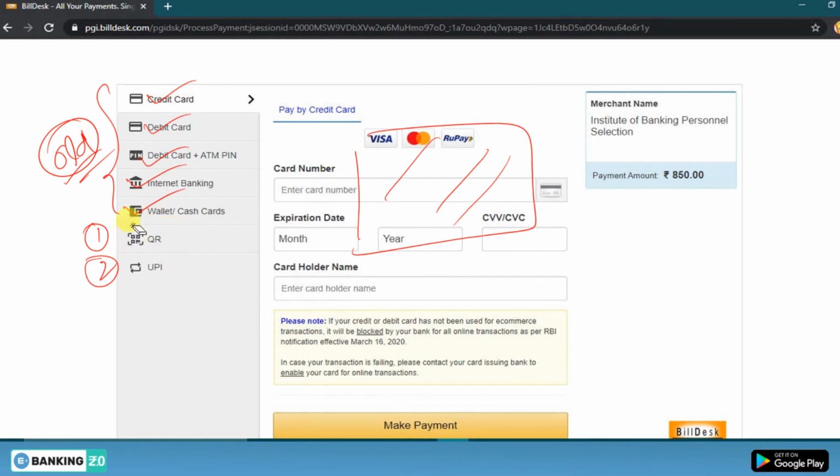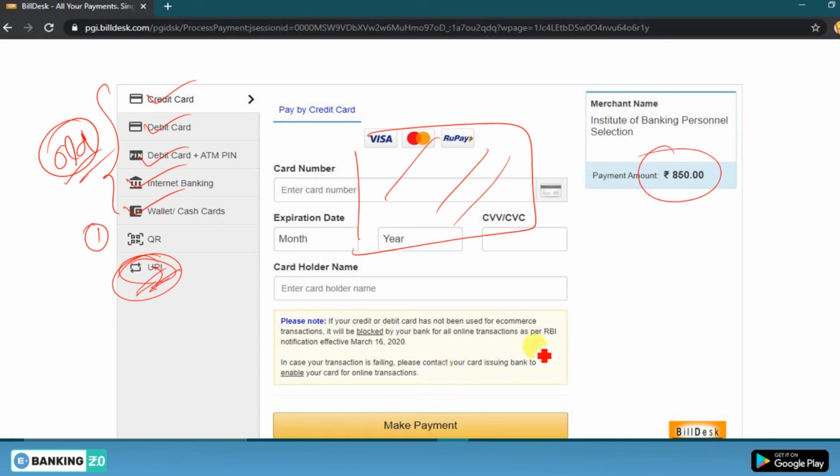Or if you don't want to use this QR code, go to this UPI. You can also use this UPI. You have to enter your UPI ID, and a message will come to your UPI interface. Just click on that message and you will have to pay this 850 rupees.